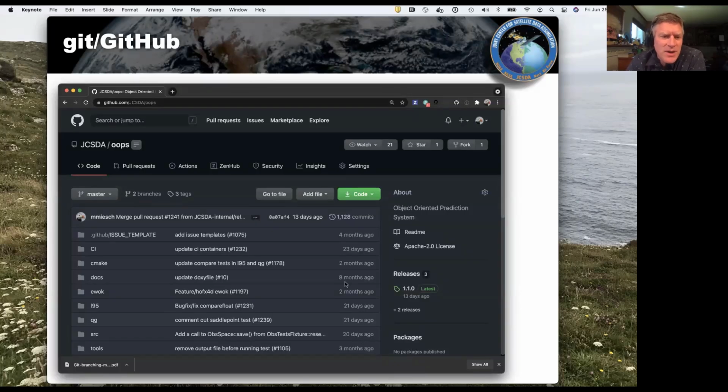So as you've seen this week, you've probably already visited our website. If you go to github.com/jcsda, you see our public repositories. This is OOPS. This is what it looks like on GitHub. It's a website, so you go there with a web browser, and it's on the master branch by default, and then you see the different directory structure within OOPS here.